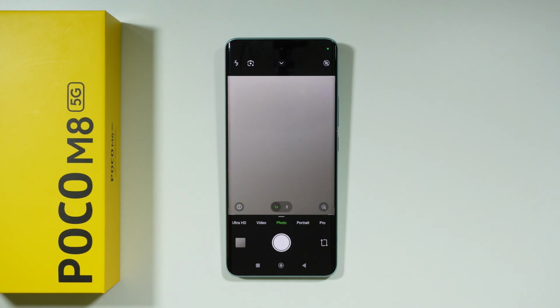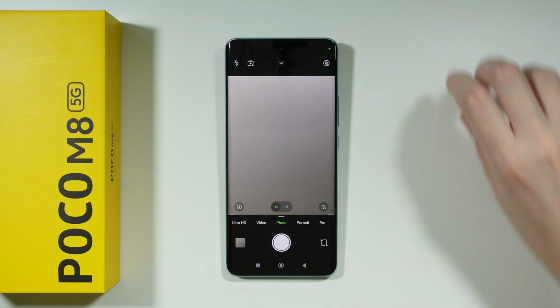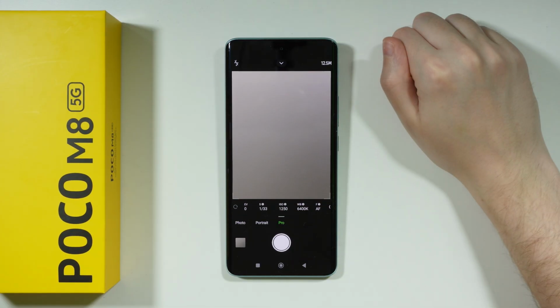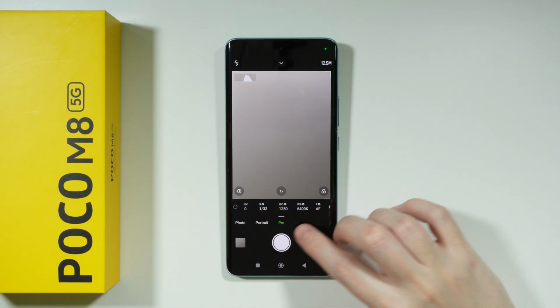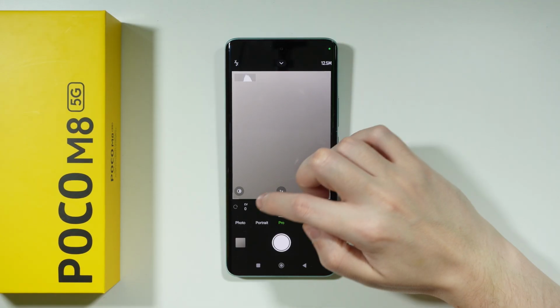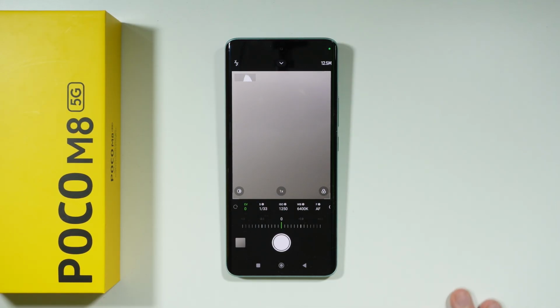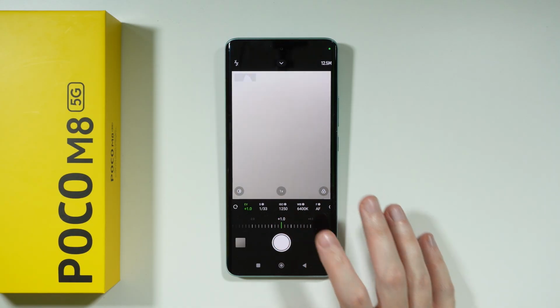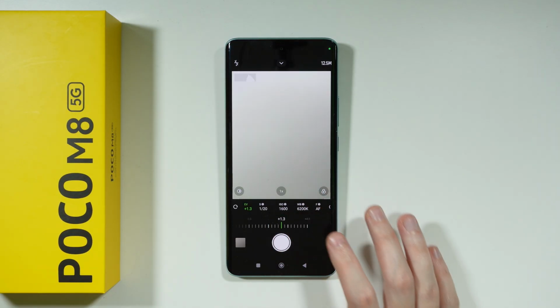Let me quickly explain how we can use the Pro mode on a POCO M8. So once you open the camera and go to the Pro mode, here at the bottom we can find a bunch of different presets. And let me quickly explain what they do. So at first we have EV, which is exposure, and this slider allows you to adjust the overall brightness of